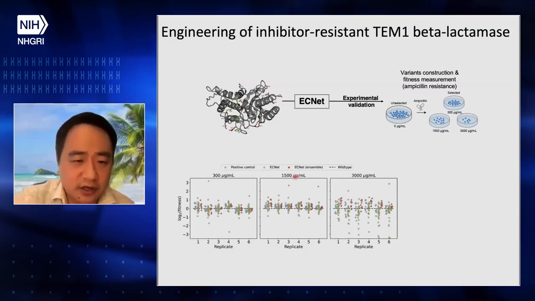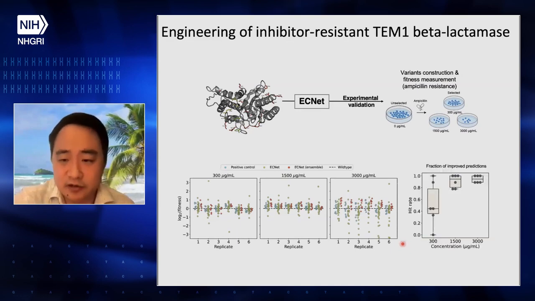I also show here we have two different models, and we also have the positive controls. There are only a very, very small handful of positive controls in the literature. We examined all the literature and only collected a very small number of them, which means that this is a very hard protein to engineer. And we replicated this experiment multiple times and show that actually our hit rate is really pretty good when the concentration